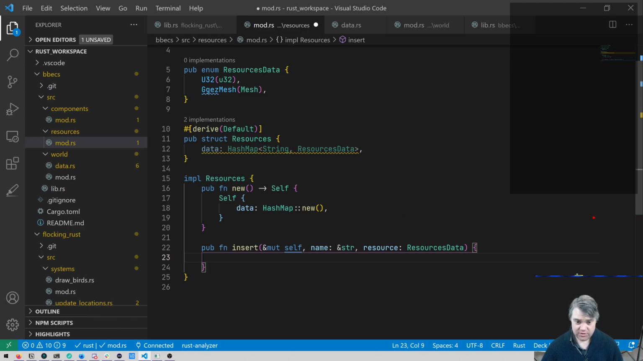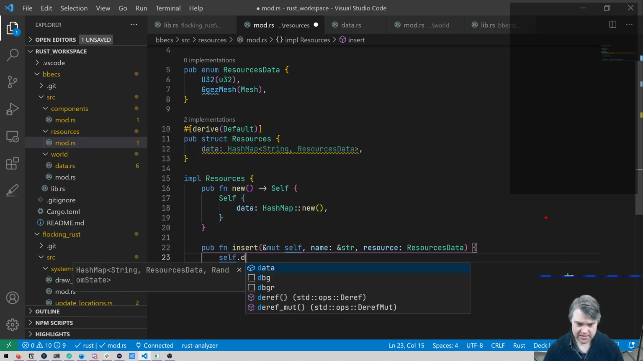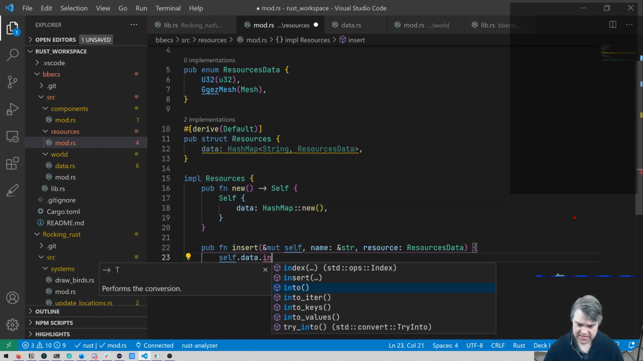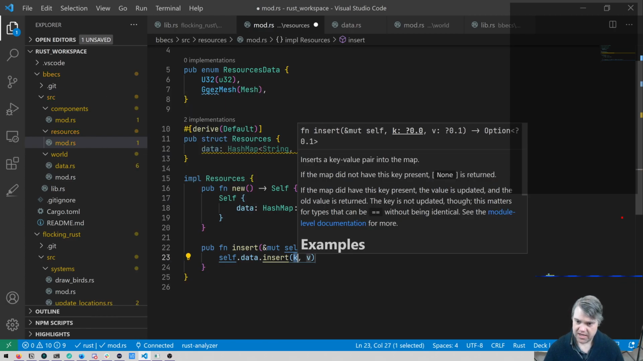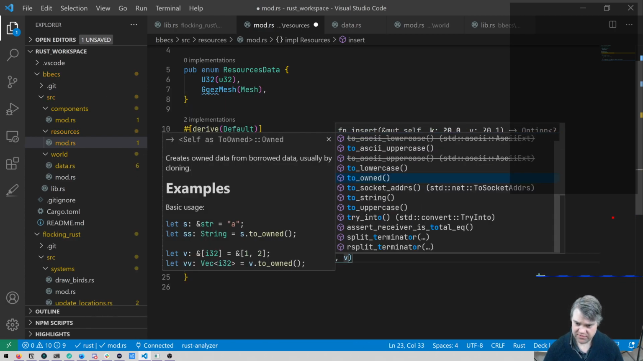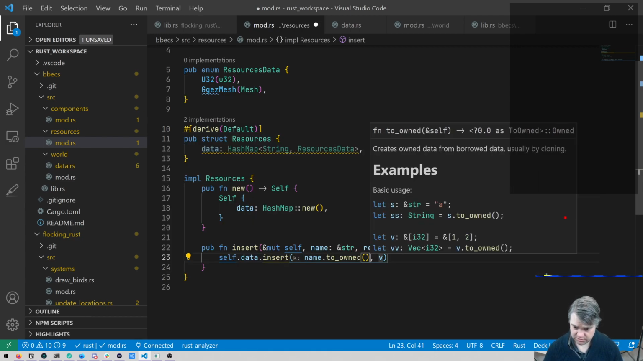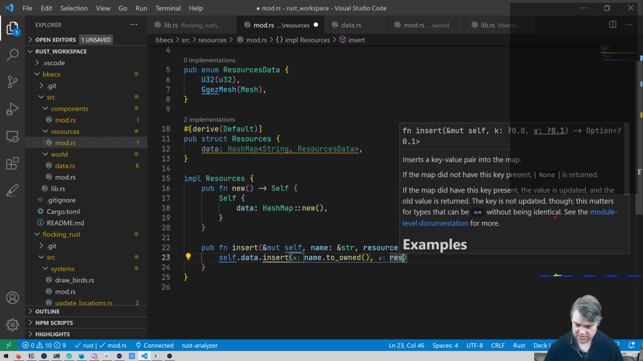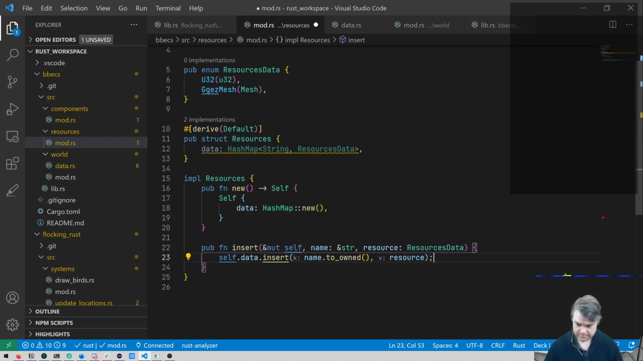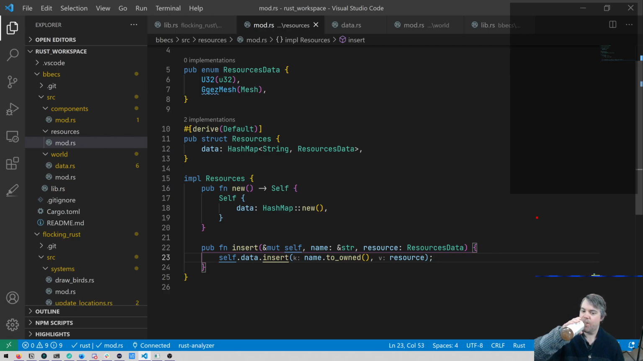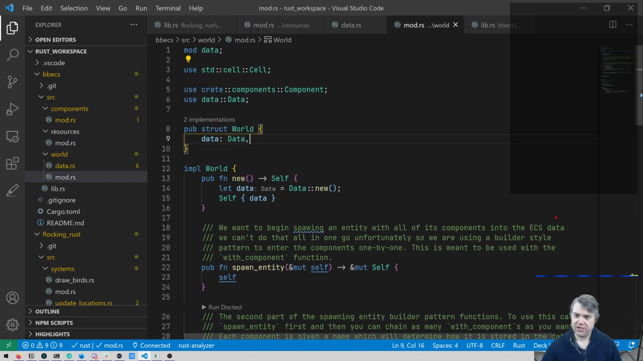So inserting into a hash map is pretty simple. We're going to do self.data.insert. We have to give it the key, so that's going to be the name, and then we have to convert that to a full string, so that's the to_owned, and then the value is going to be the resource, like that. And there we go. Now this will overwrite anything that was in here before. I don't know if we need a handle for this because we'll be able to get this out using the name. So if we do this, back to our mod world,